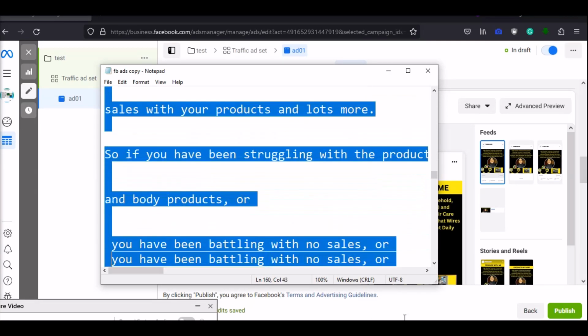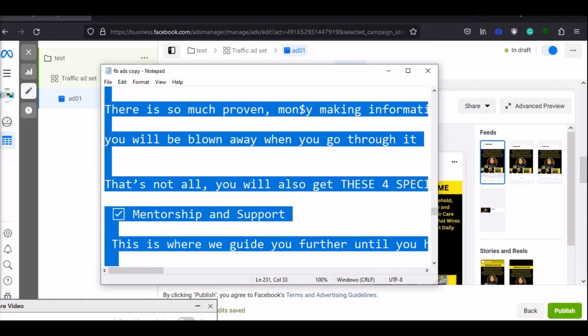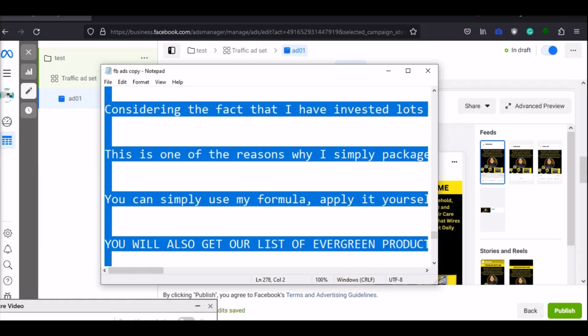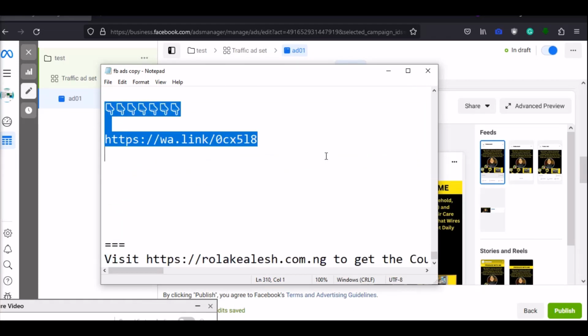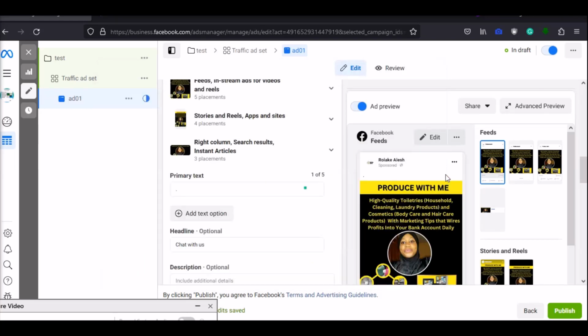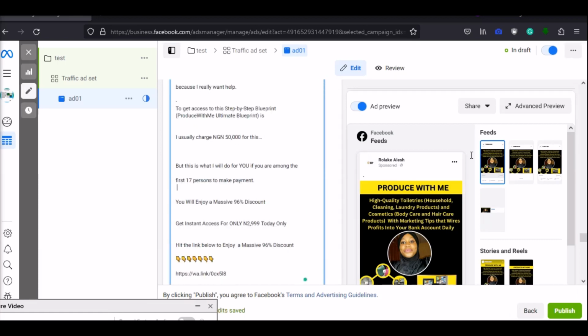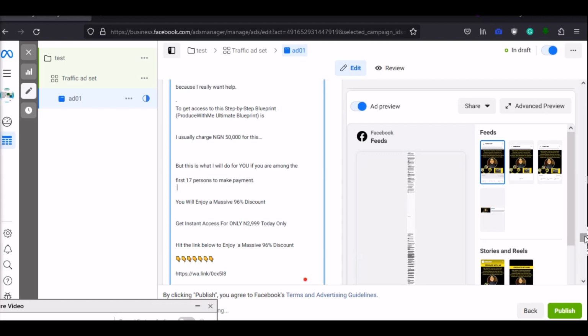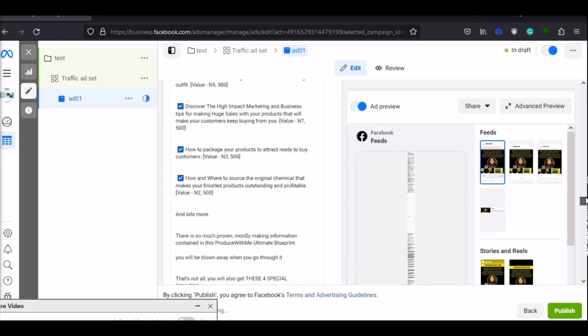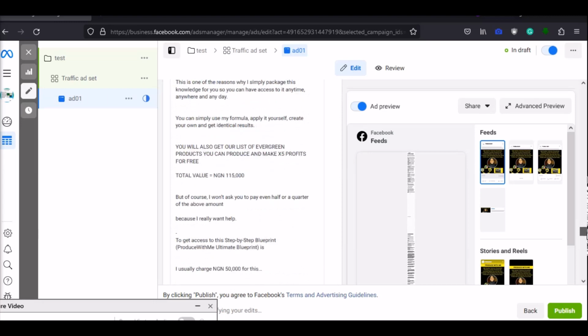I'm going to copy it, so you don't have to type all this down, so that you won't waste much time on your Facebook. So I'm going to copy this out and go back to that primary text and put it right there. You get it? You can see, right? So that's a long copy. So that is that. So I'm going to scroll down